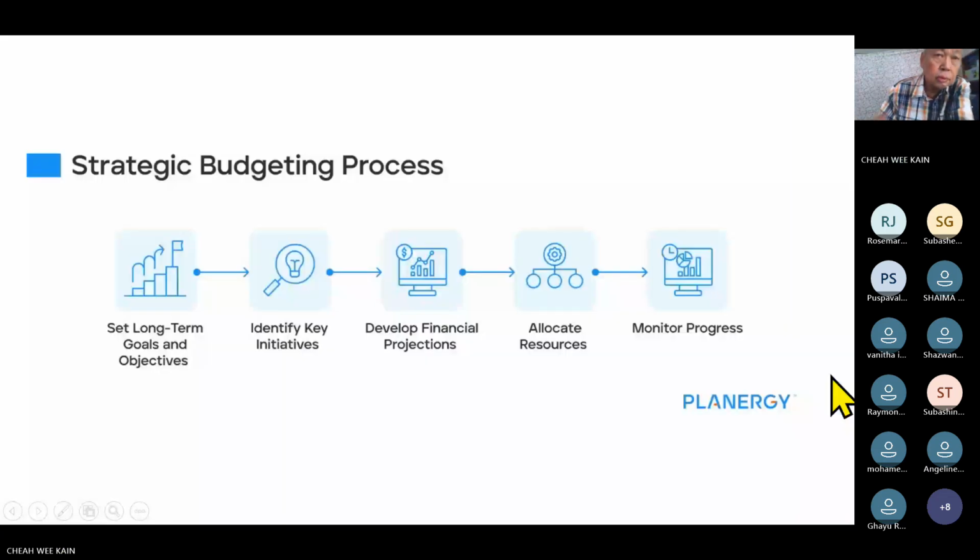Okay, why do we need to do a budget? Now think carefully. I think most of you may be working, so you know what a budget is. Somebody sets a budget, somebody asks you to make a budget, and that will be the budget for the year. It actually is more complicated than that. The correct way to set a budget is to start with the long-term goals and objectives.